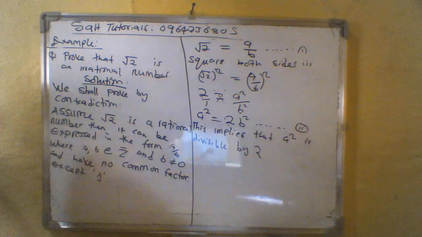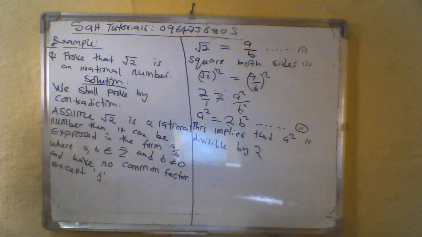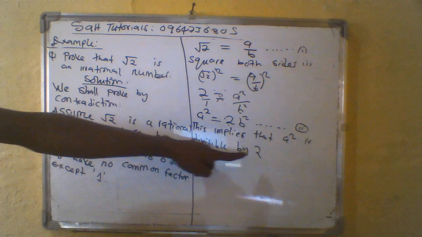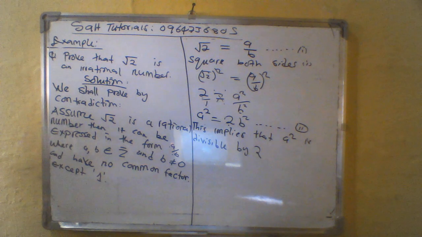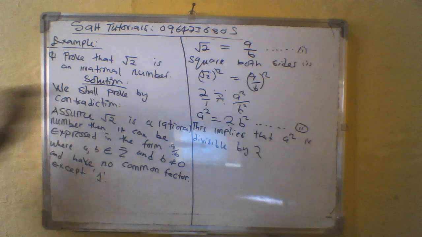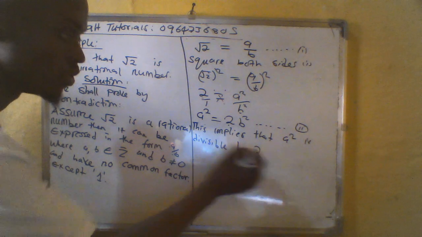This is what equation 2 tells me. a squared is divisible by 2. So mathematically, the way math works, if a squared is divisible by 2, also